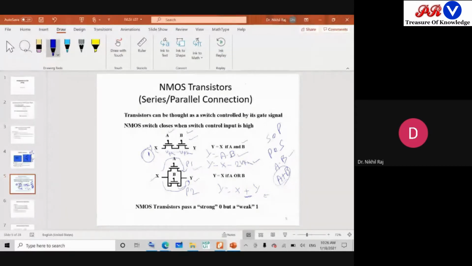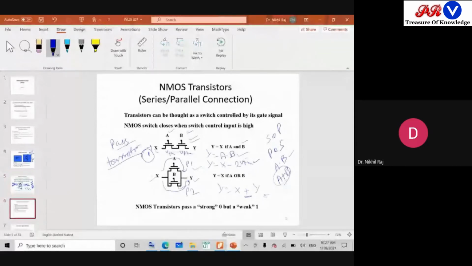However, in some designs, you will see this type of architecture. When we realize only this type of architecture, we call it pass transistor logic. When a single type of MOSFET is used, we say it is a pass transistor logic. When it is not a CMOS logic, it is a pass transistor logic. This is also used wherever we want to save area, wherever we want to save the number of transistors. However, in that case, we have to sacrifice the logic levels.